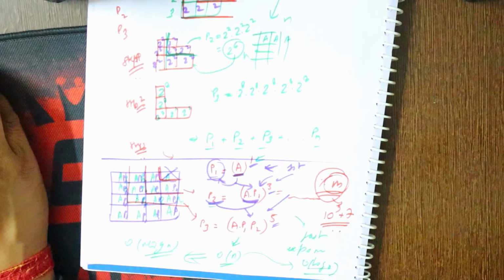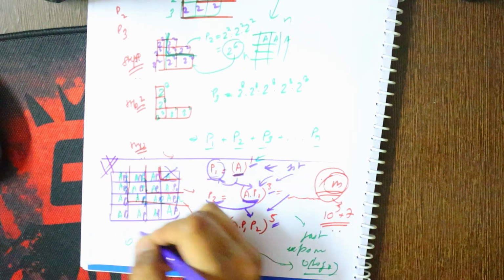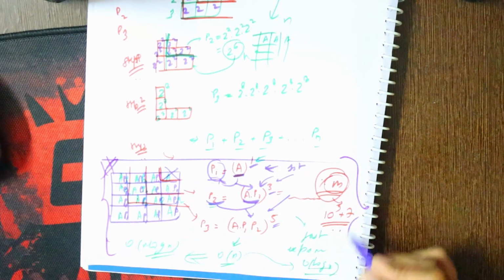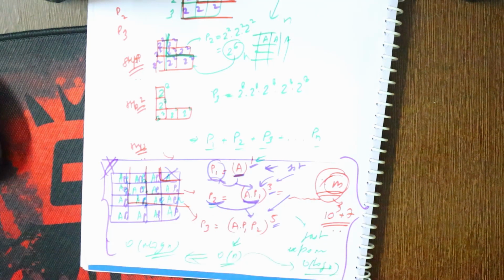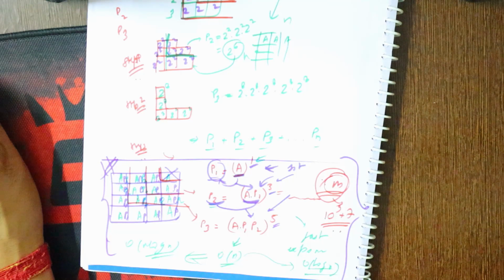And for the exponentiation, we will use fast exponentiation, which will work in O of log n time. So you can see that it will work for O of n. Understanding? And for every n, we are using exponentiation, which is O of log n. So actually it will work in O of n log n. Okay. So now I will show you my code. From that you will understand it much better.